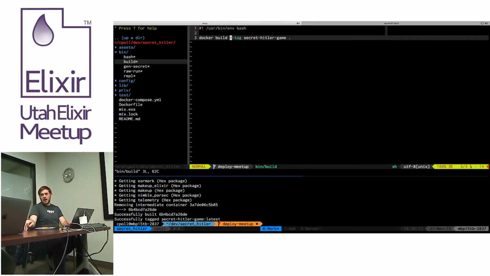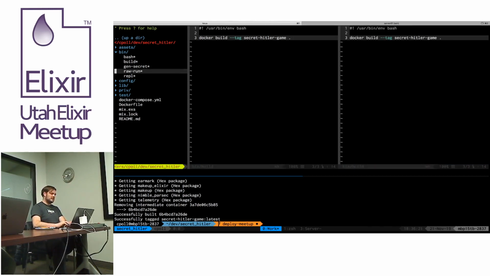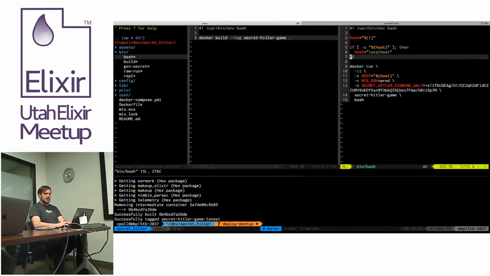So if you're using the SHA, even if you do a rebuild and you use the SHA when you do Docker run, you're going into your old build. The old image, the old build, right. So you can see here in my bash script,